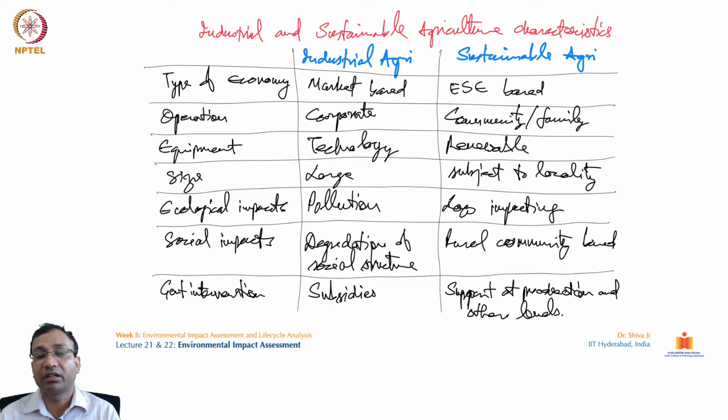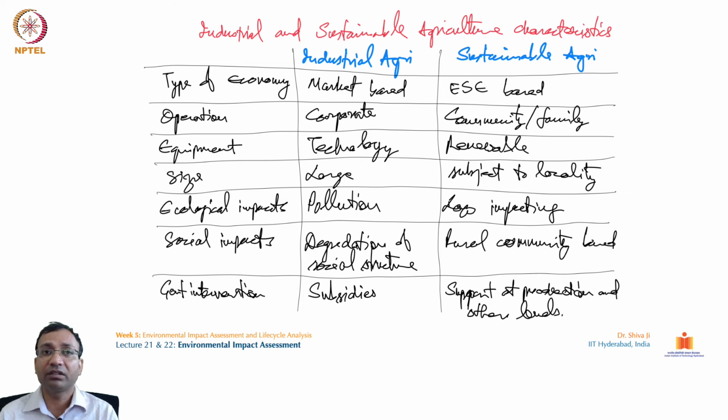On the next front, if you see the ecological impacts, industrial agriculture is a major source of surface water pollution, and it becomes a major source of groundwater contamination also, because a huge amount of pesticides, insecticides and even fertilizers are utilized. So they end up poisoning our ecological balance of the water and the top layer of the soil. They end up eliminating the habitat of smaller microorganisms, microbes and other insects, which usually live in the